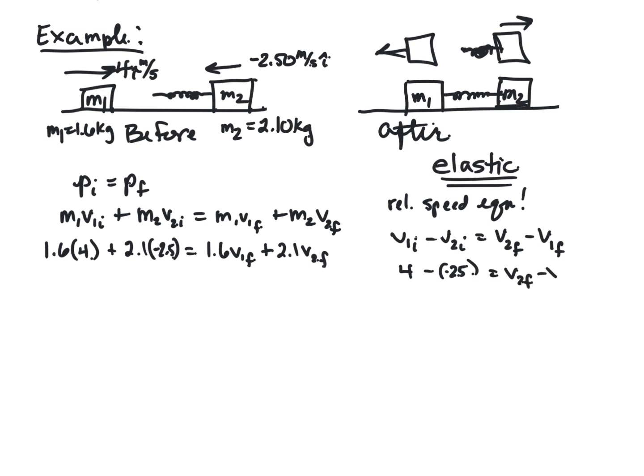All right, 1.6 times 4 is 6.4 minus 2.1 times 2.5,